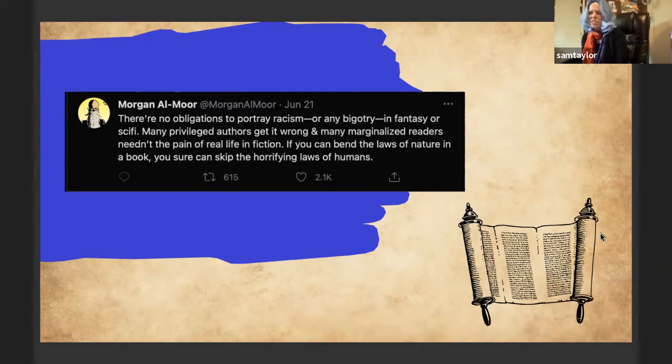So as you're building your society, if you are going to include any kind of racism, or any other kinds of bigotry, really think about, why are you doing it? How is it contributing to the story and to your character struggles? Are you unpacking it? And are you the right person to be putting those marginalizations and those oppressions on the page?